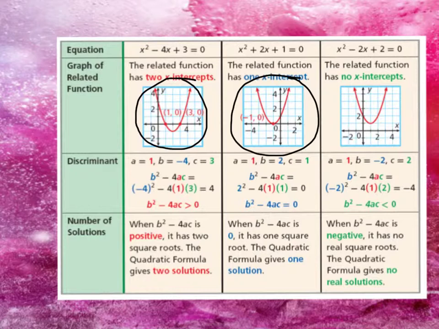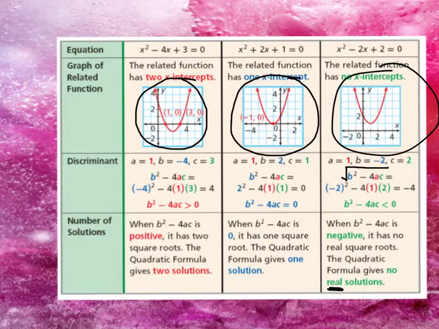And think about it. If you try to take the square root of the discriminant there, you can't take a square root of a negative number, so it gives you no real solutions. Remember, you can get imaginary solutions. I showed you guys that in class. Let's go ahead and practice this concept on the next slide.